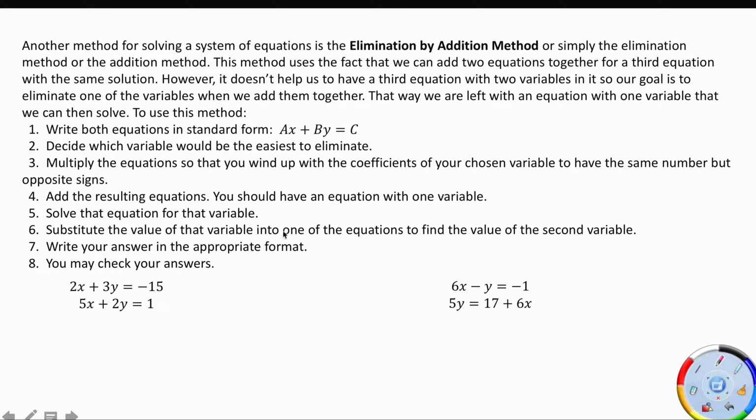Since I'm going to be adding them together, I want to make sure I write both equations in standard form so that I can add my like terms. I need my x's to be